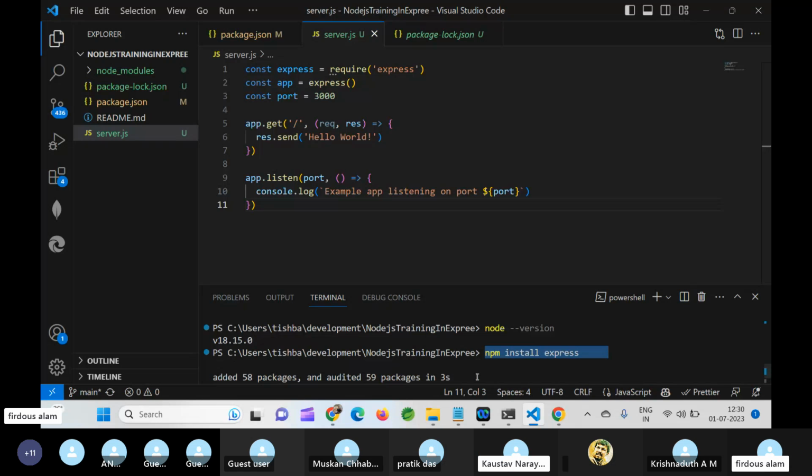It's better if we do everything from one place so that we all know what is happening. Since Visual Studio Code gives us a terminal, I request you all to use the VS Code terminal only, so that we all are on the same page.